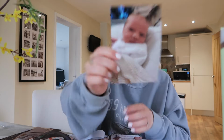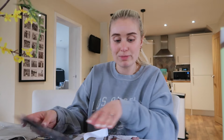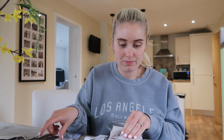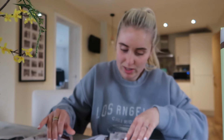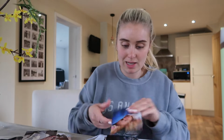I've literally printed loads off. Look at that, and just look at the little Christmas tree in the background, elves on, that will always remind me of the time he was born, around Christmas. Just absolutely amazing. His first little smile, I know that was a gassy smile, but still his first ever smile. Just random pictures. Look at him there. Christmas Day. Just honestly,